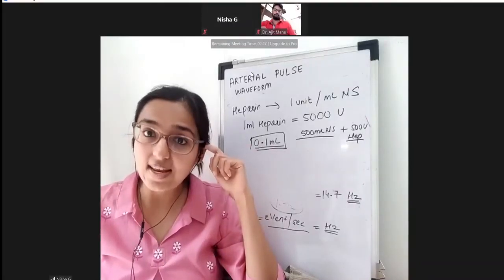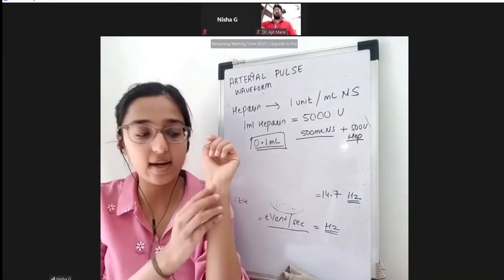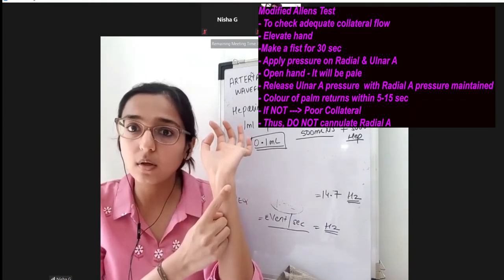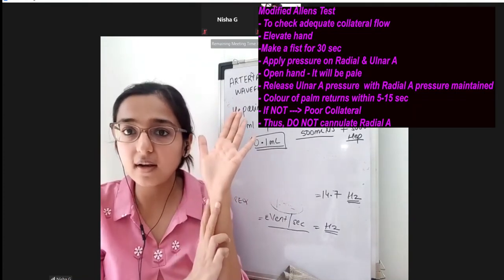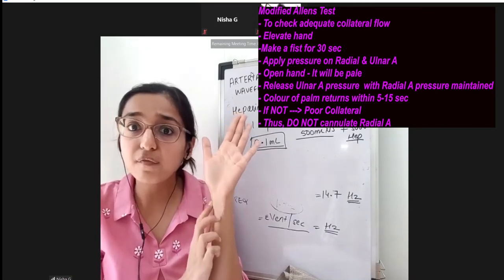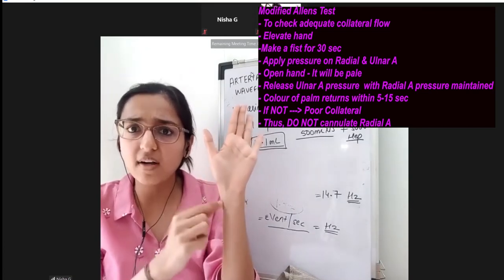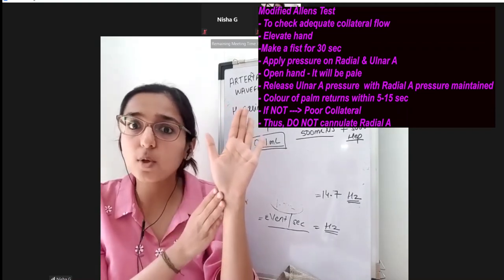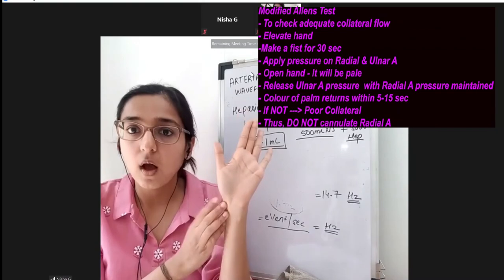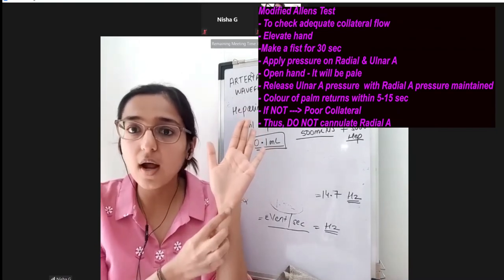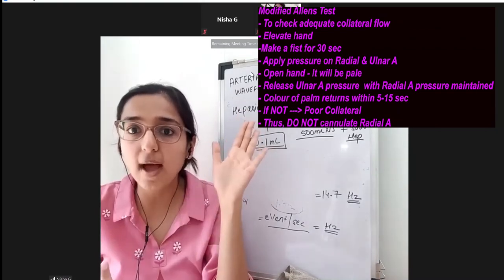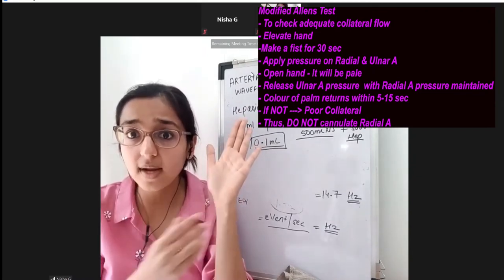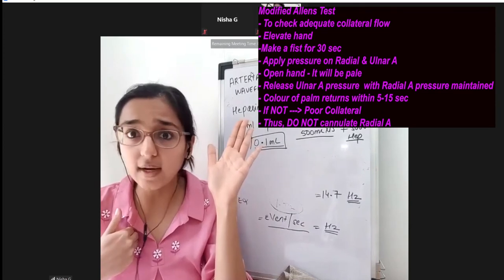There is something known as Allen's test. If I'm going to take the radial artery for putting the cannula, and suppose the ulnar artery is blocked, who is supplying the hand? Radial artery, ulnar artery, correct? If I puncture the radial artery 1 time, 2 times, 3 times, I'm not able to get it, the cannula is not going. And then suppose the radial artery got vasospasm. Ulnar artery, I did not check. The ulnar artery is not giving blood supply to the hand. What's going to happen? Distal ischemia, hypoperfusion of the hand. Can we allow that to happen? That's a fault on our part, right? We cannot let that happen.